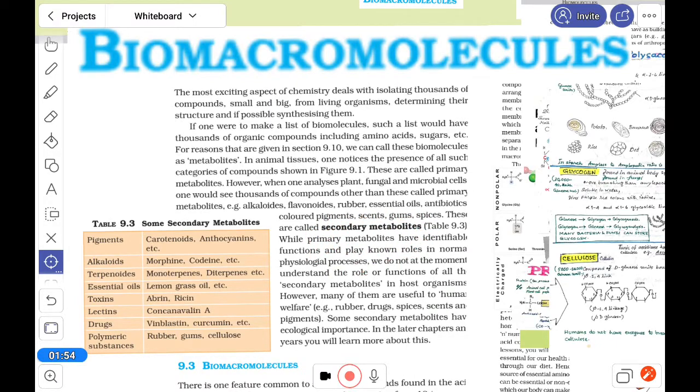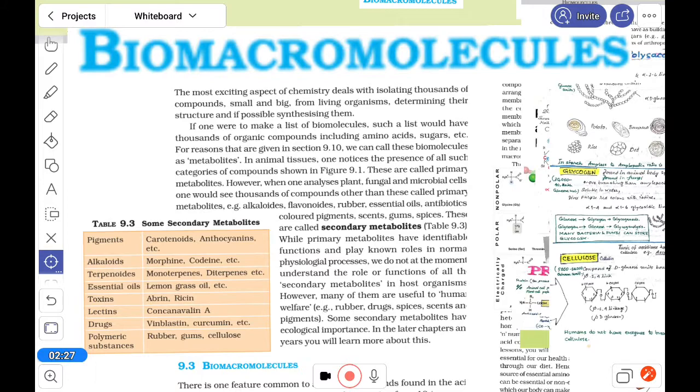Here is a list: pigments, alkaloids, essential oils, toxins, lecithin, drugs, all these are secondary metabolites. Morphine, here it is the list. You have to prepare this part a little bit. Okay, now next part we can move to